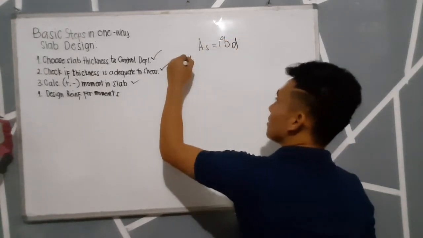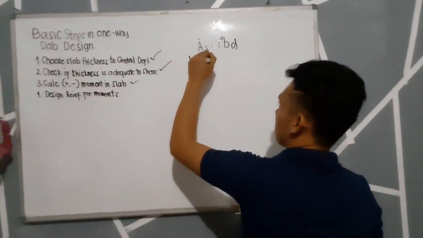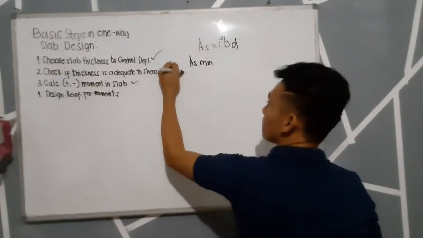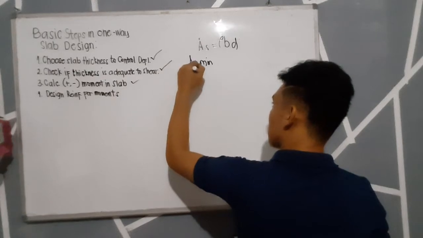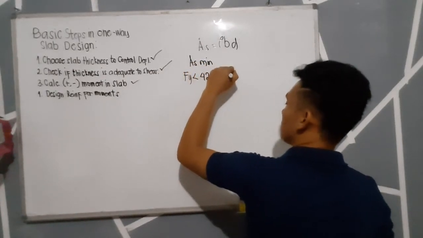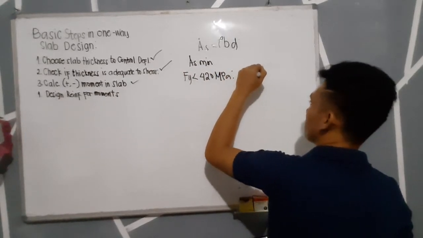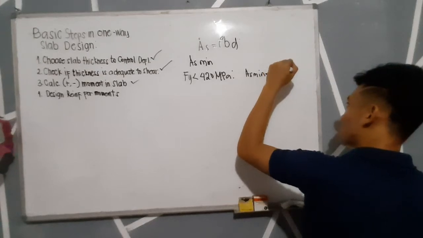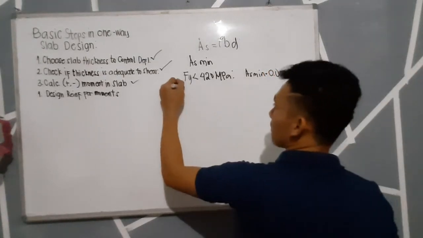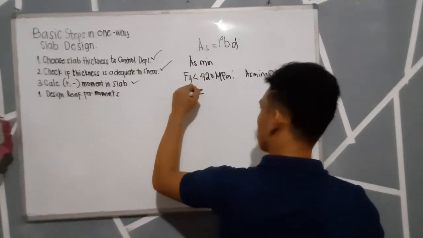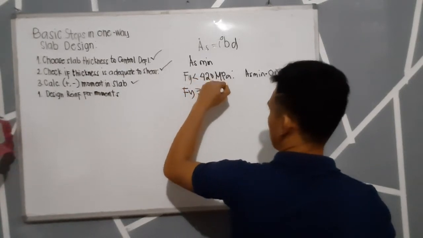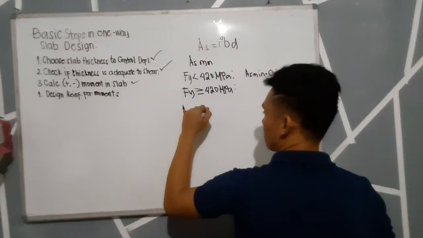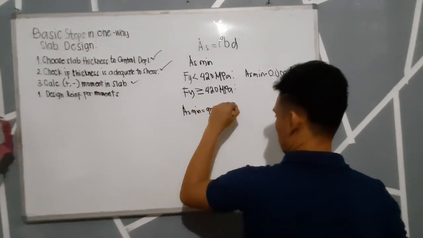So in solving for As min, we have two conditions. If fy is less than 420 megapascal, As minimum will be 0.002 of the area gross. And if fy is greater than or equal to 420 megapascal, our As min should be the greater of